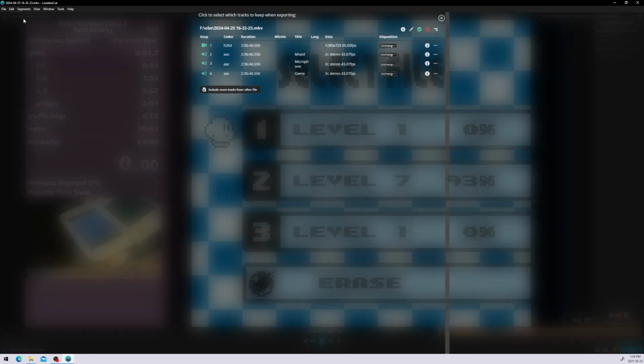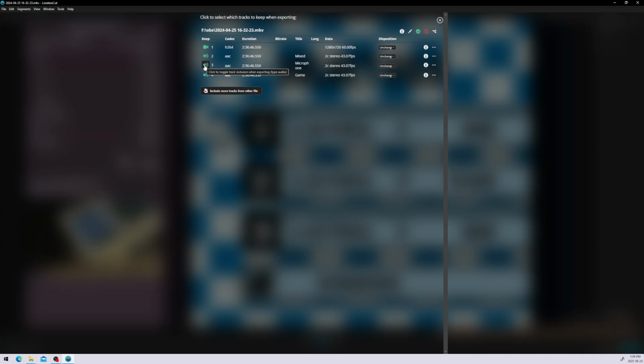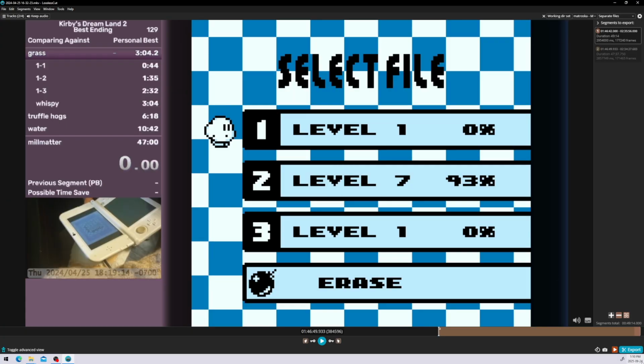And then last thing, if you're streaming with music or something, or you have a VOD track, you can go into that menu on the top left and mute certain tracks. I prefer doing this just so that I save a few megabytes of storage from not having these extra audio tracks that aren't in the final product. And now I'm ready to export.